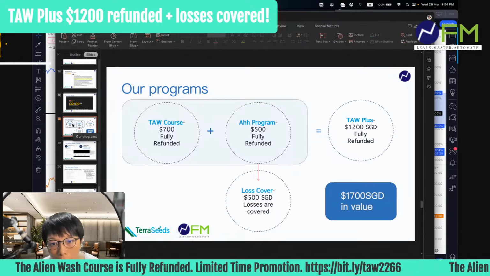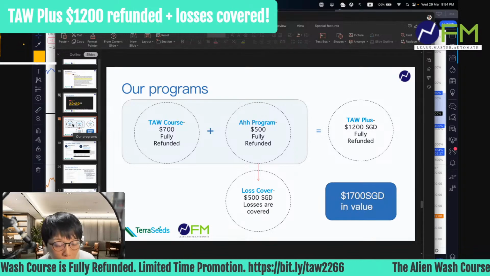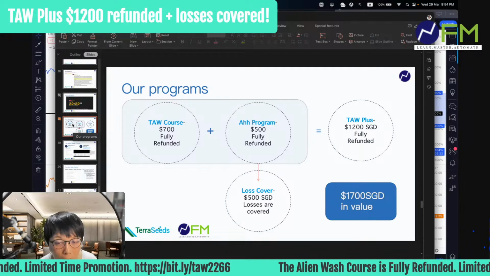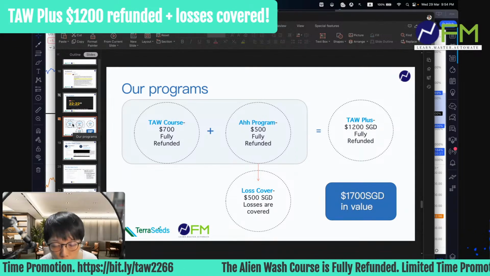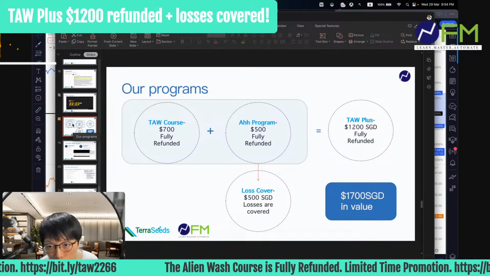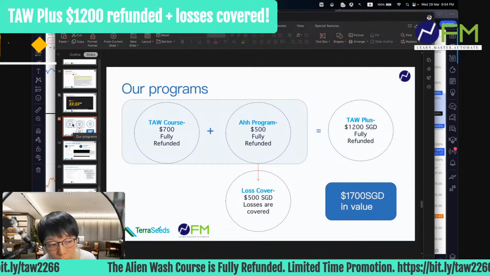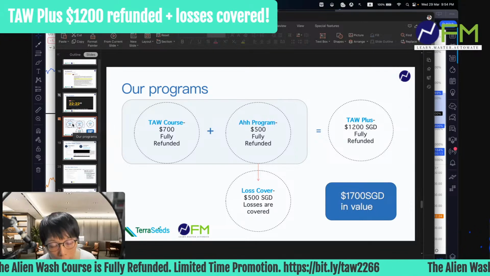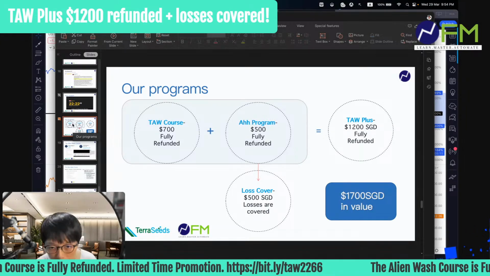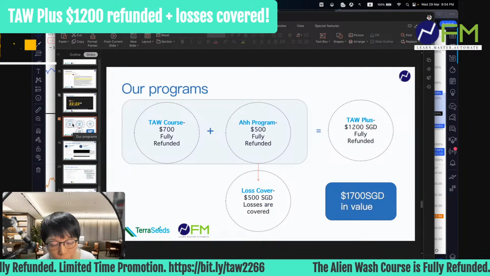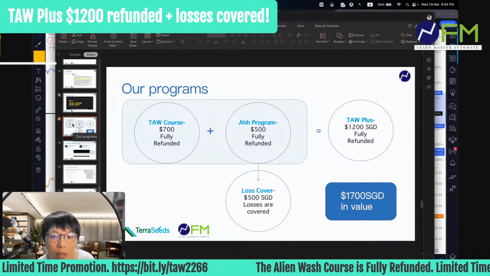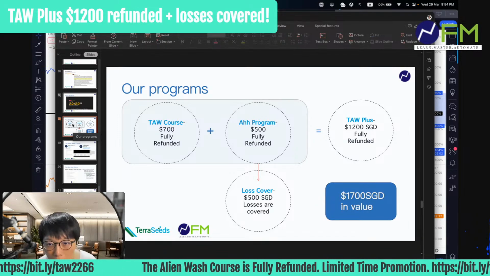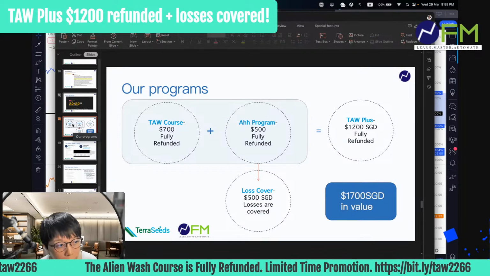Okay, so this is the whole R program, meaning that really to handle, if you need to trade, you trade. If you don't need to trade, you don't trade. Okay, so hope that after 1 year, you become a very good, profitable trader, and hopefully to benefit you for life. Now, if after 1 year, you fail, at least your course fee is fully refunded, and hopefully your losses also fully covered. Okay, so this is the key thing about our program. Basically, it's all about trading together.